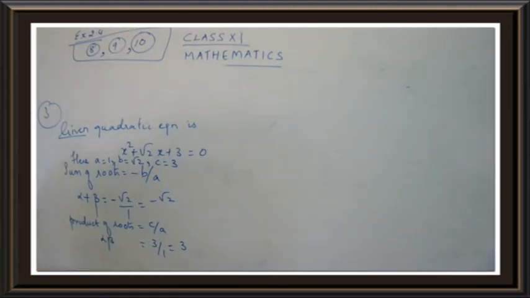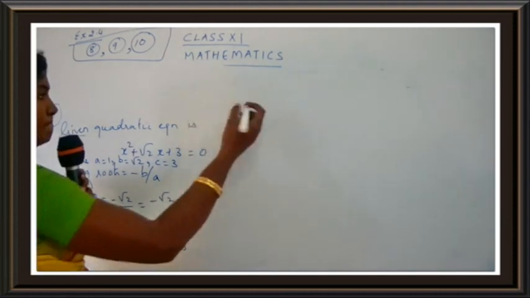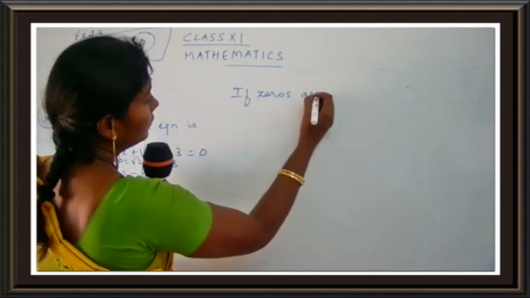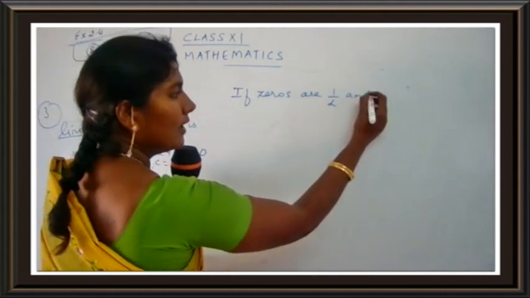So now what is the next thing we are going to do? We are going to consider the new roots over here. What is the new root? We are taking 1 upon alpha and 1 upon beta. Let's read the question once again. Form a quadratic polynomial with zeros 1 upon alpha and 1 upon beta. If zeros are 1 upon alpha and 1 upon beta,